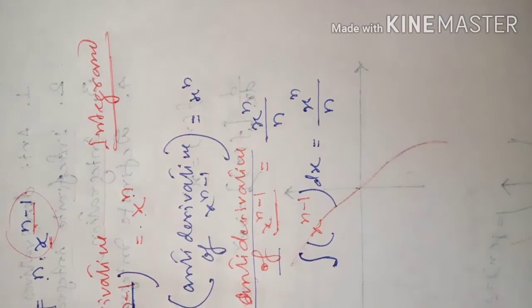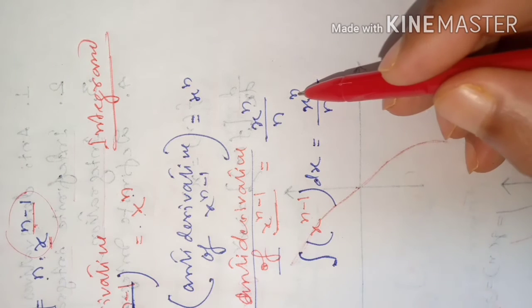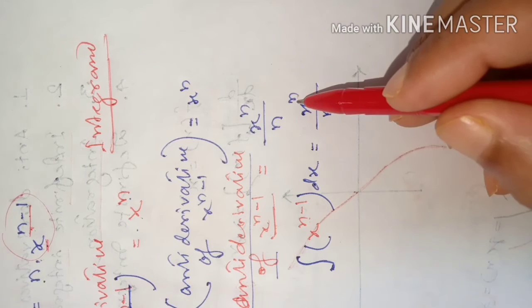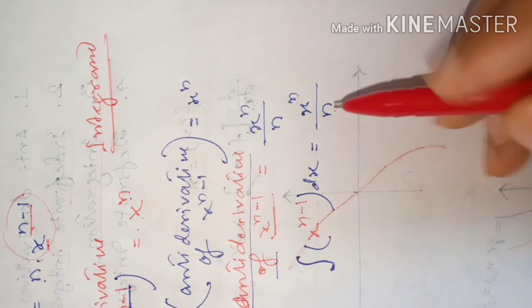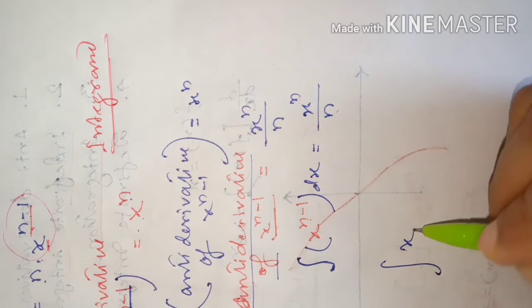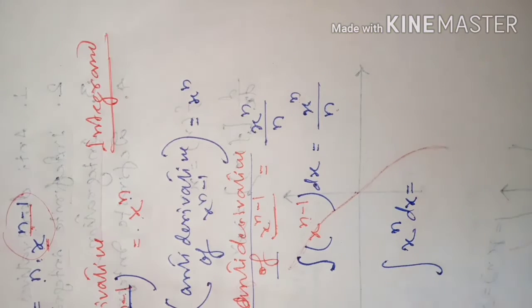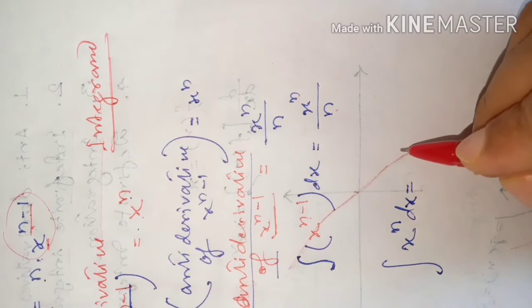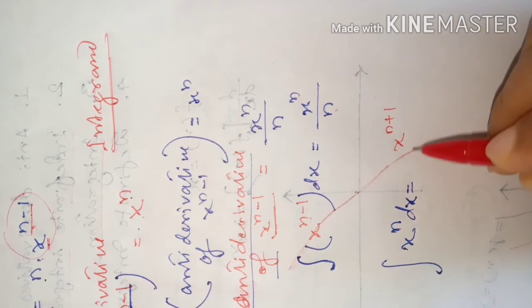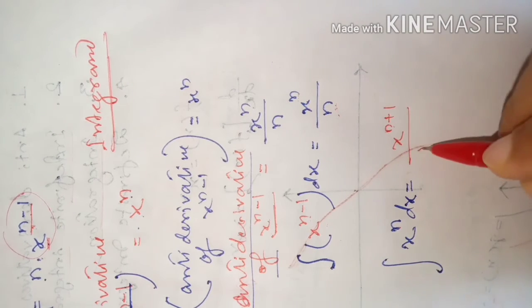Now dear students, you see here, what is the power here? X has got power n minus 1, whereas here n, that means here will be 1 more than here. And what is the denominator here? The same power is the denominator. So then you think, if I write the antiderivative of x to the power of n with respect to x, then what shall I write? The antiderivative will be x, and its power should be increased by 1, n plus 1, divided by this n. As here is n, then the same n plus 1 will be here.